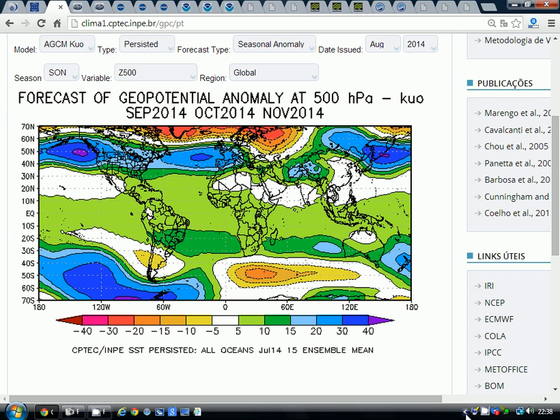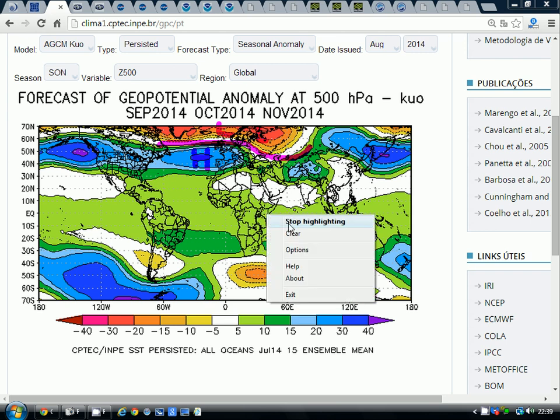Going through to the Brazilian model next, these are 500 millibar heights for the next 3 months through the autumn. Always a little bit different with these, but blue colours are indicating above average heights, which is high pressure. The red colours are indicating below average heights, which is low pressure. Always topsy-turvy this one, because that's normally the other way around on a typical 500 millibar height anomaly flowchart.